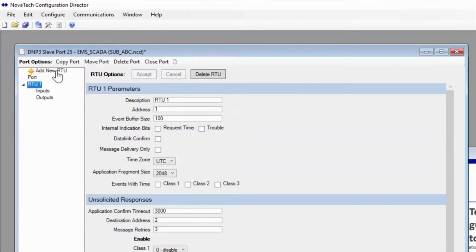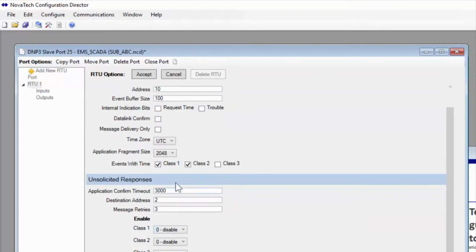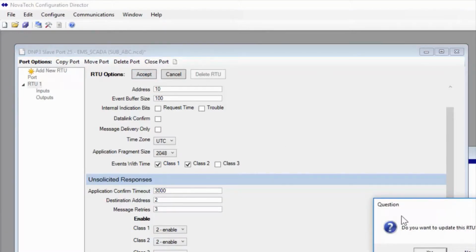And now I'm going to say add new RTU. And this is going to be the OrionLX configuration. Address is going to be 10, following our diagram of the OrionLX itself. Coming down, we can change the time zone of the timestamping if needed. And we can also apply timestamping to any of the Class 1 and Class 2 summaries. Coming down, we have unsolicited responses. So if unsolicited responses are desired, we can enable them just as so, and then finally click Accept to save,